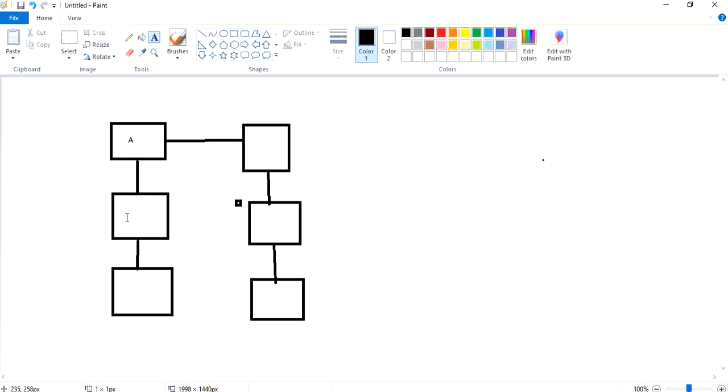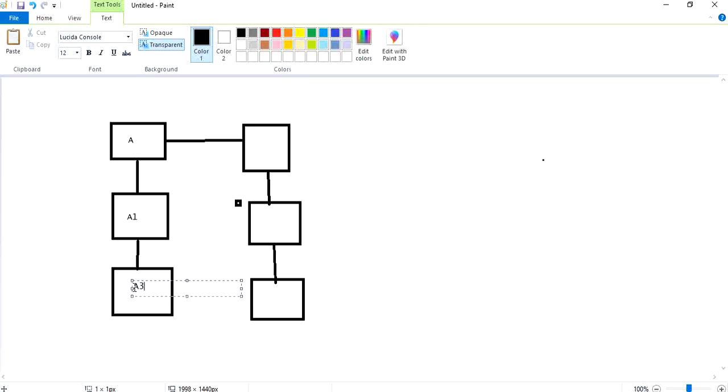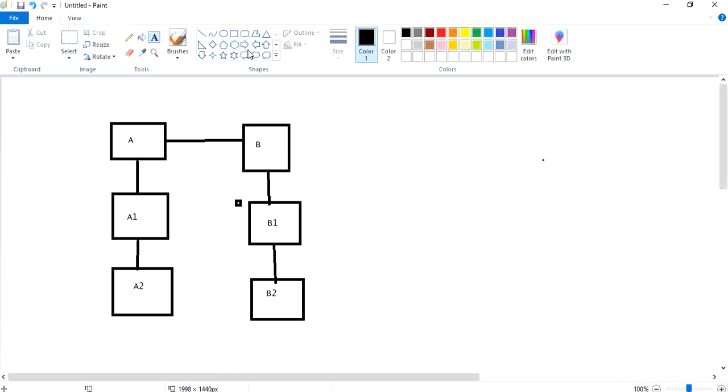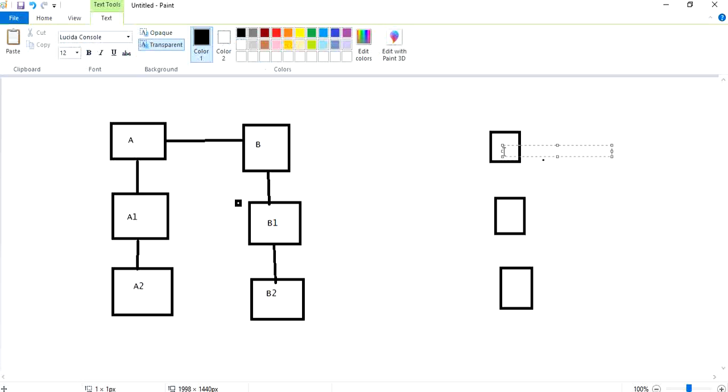Suppose it is job A, job A1, and job A2, and let me take job B, job B1, and job B2. And the concept is, for example, A, A1, A2.